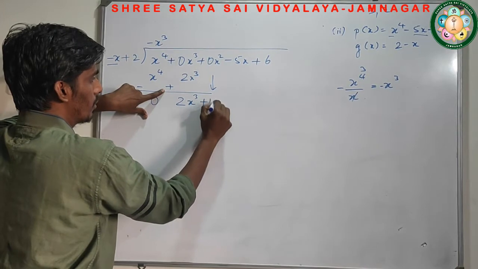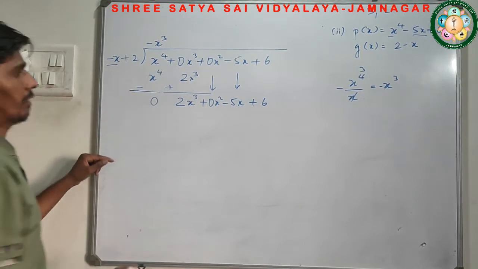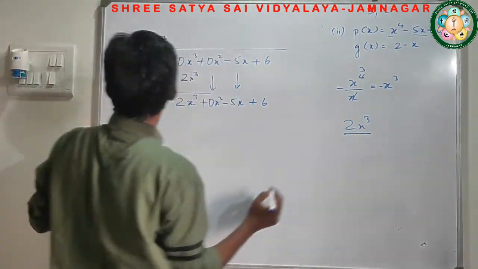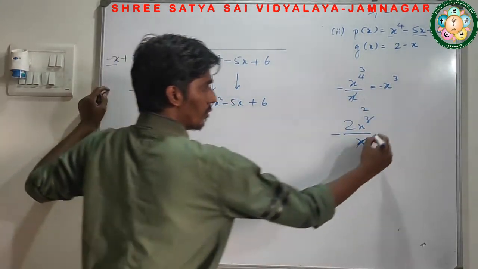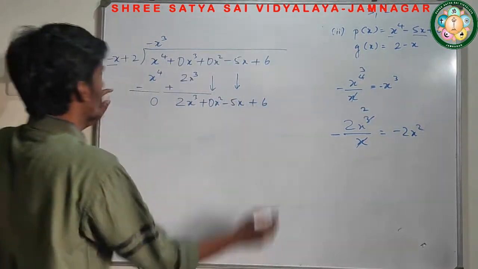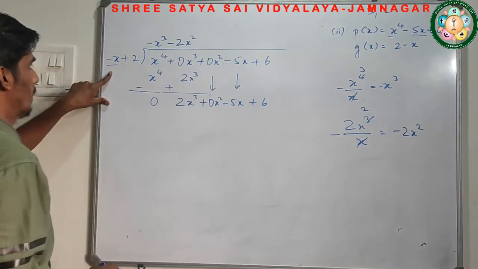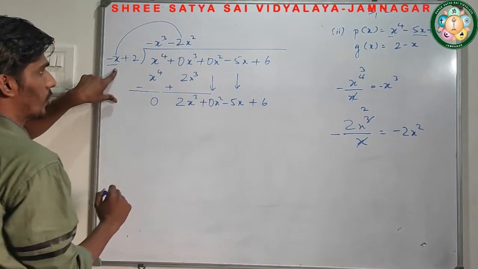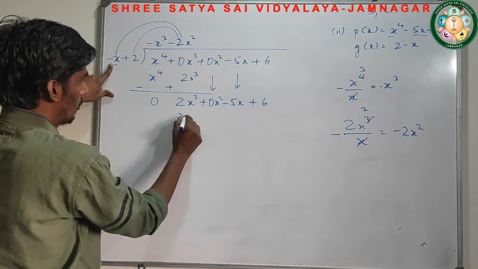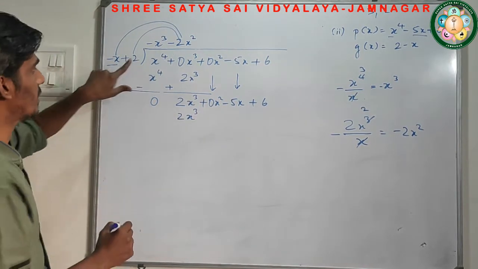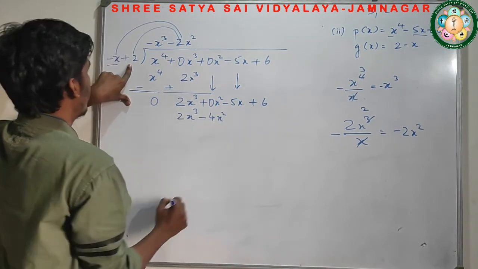Now if I take this one, 0x square minus 5x plus 6. Now 2x cube divided by minus x. So this 3 will cancel and here it's 2. So you get minus 2x square. So here I'll write minus 2x square. Now again both this number, minus x into minus 2x square, plus 2 into, so minus minus, here it's plus 2x cube. This plus minus minus, here it's x square. So minus 4x square.